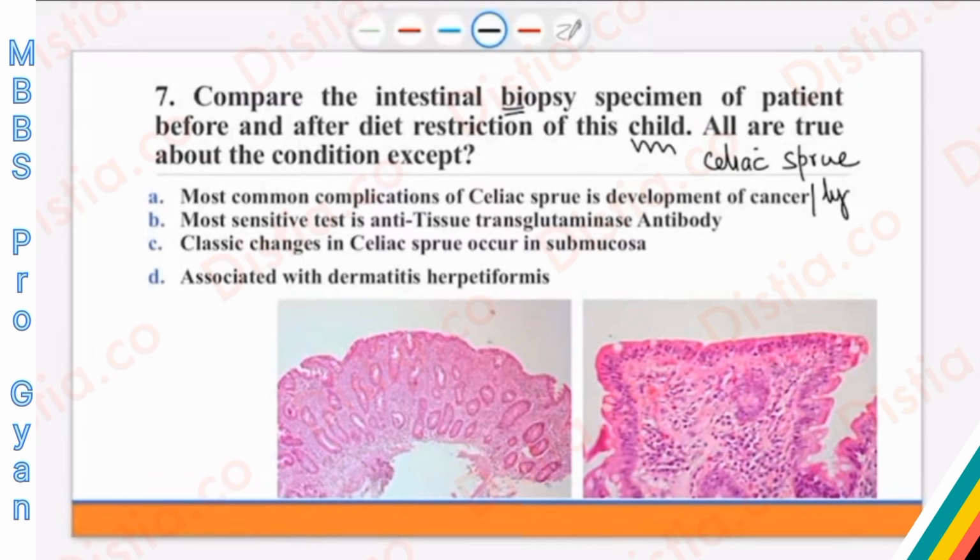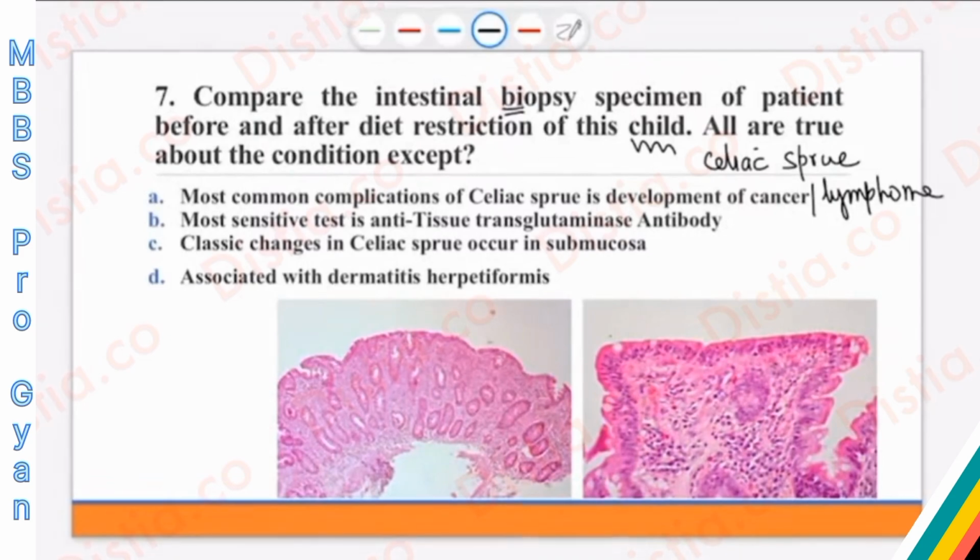The most common complication of celiac sprue is development of cancer. Yes, that's a correct statement. I have explained to you that these people can develop lymphoma of the GI tract. Do not answer the number 1 cause of death in celiac sprue as infection, malnutrition, hypokalemia, electrolyte imbalances. It is actually cancer of the gut which is the number 1 reason for mortality, and this can usually develop in the 2nd decade of life of these people.